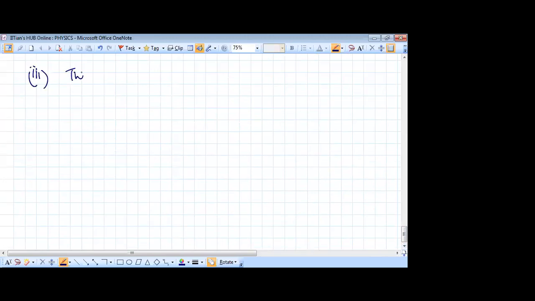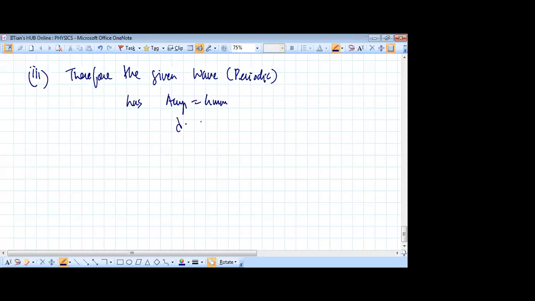So we can see that therefore, the given wave, or what we call a periodic transverse wave, has amplitude equal to 4 millimeters, wavelength equal to 6 meters, time period equal to 50 milliseconds, or frequency equal to what we saw, 20 hertz. And it also has a wave speed which we had calculated above, 120 meters per second. Okay, now we can see something interesting here,